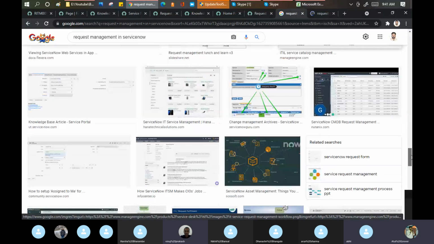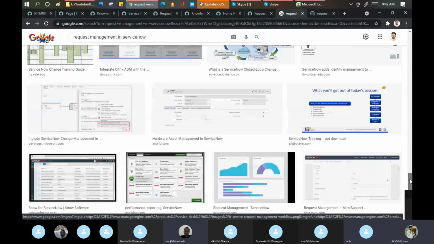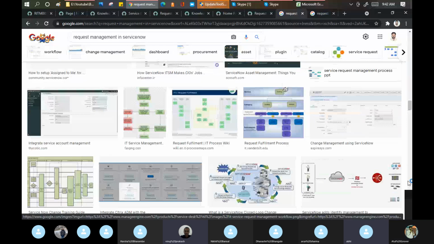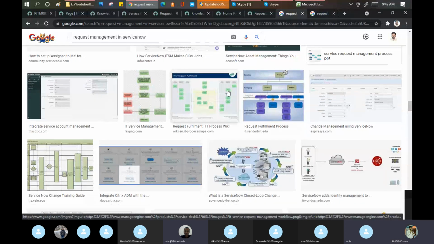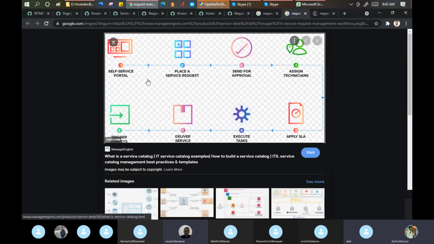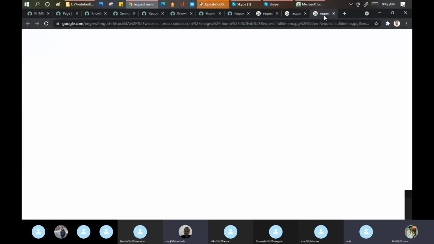Maybe this one can help you. Or this one you can see. Yes: portal, place a request, send for approval, assign technician, apply SLA, execute task, deliver service, trigger survey. See this thing at a high level, you will understand.